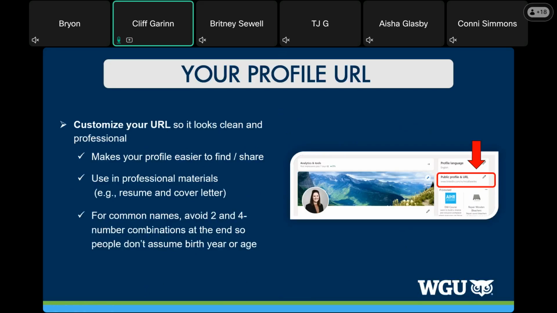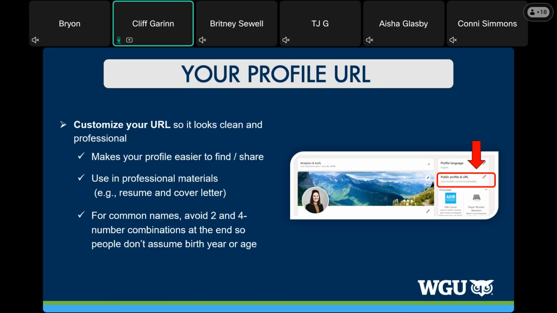So let me highlight two folks. First, Connie Simmons. She has her URL, and the very last thing she has on the URL is her name. It's easy to find her. It's easy to read. No chatbot will be confused with extra characters. And then Kyle, if I could pick on you for just a little bit. You've got Kyle dash Talbot, but then you've got the numbers and letters at the end. So those are really not necessary, as you can edit and customize your URL. That's just an example, but that's one thing you want to be able to do.